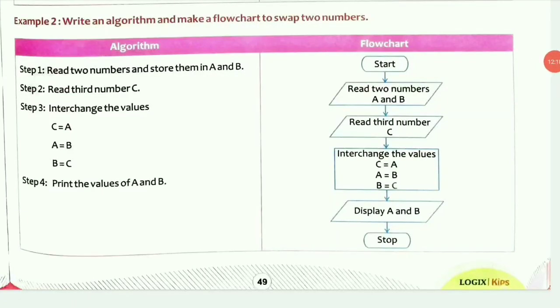Now let us do the flowchart to swap the values. The first step is start. Then the second step is read two numbers A and B. In A and B, we have to store the values. Now read the third number C, and this C will be used as the third variable to store the values. Now in the processing box, interchange the values: C equal to A, A equal to B, and B equal to C. And now display A and B. It will display the swapped values. And then